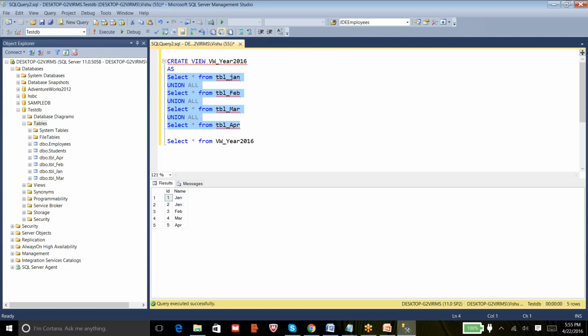we have merged 4 or 5 different tables, right? But the condition is all these tables should have the same number of columns with the same column names and same data types. Then only the unions can be possible, or else it will throw an error. If my table underscore Jan has 3 columns and my Feb has 4 columns and my March table has 5 columns, then your union all doesn't work. So that is the condition. We need to have the same number of columns with the same column names along with the same data type.